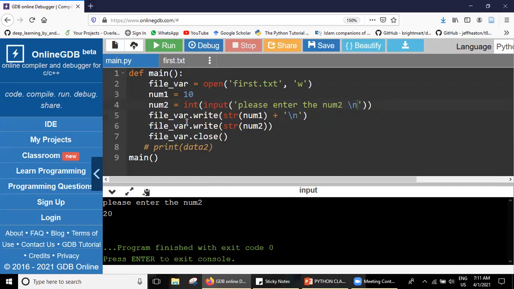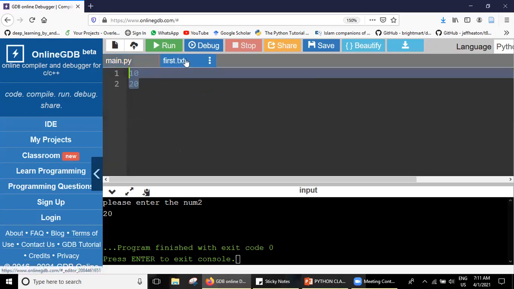So we have seen how we can keep numbers in a file. When you want to store or write numbers to a file, you have to use the string conversion. Now my question is, how can I access this when I am reading the file? Of course, all these things are written as strings, isn't it? As per the program, these are strings because it's a text file.